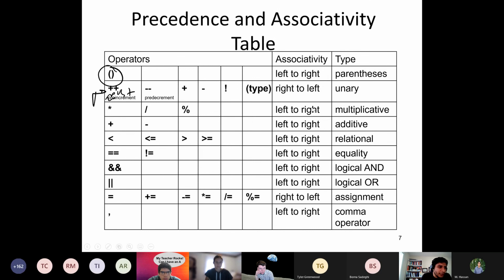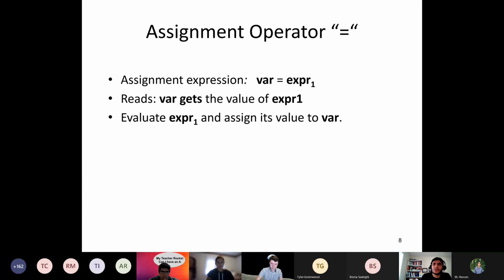Unary operators generally come after the parentheses, and then the multiplication, division, and modulus operations, and then addition, subtraction, and then any relational checkers, and then equality checking, and then your logic operands. We will see them later, doing an and or, and then any assignment comes afterwards, and then comma. Well, you can forget about this one. I will not touch on how to use the comma in C for now, because it's very rarely used. It's confusing and does not have much application.